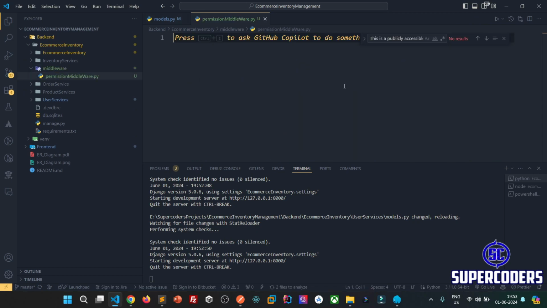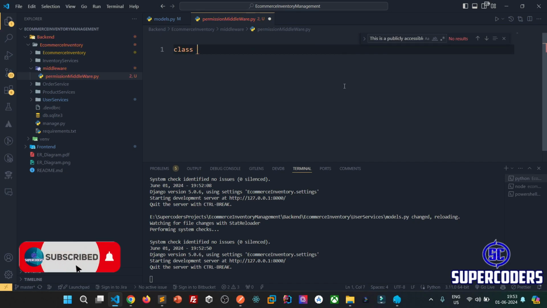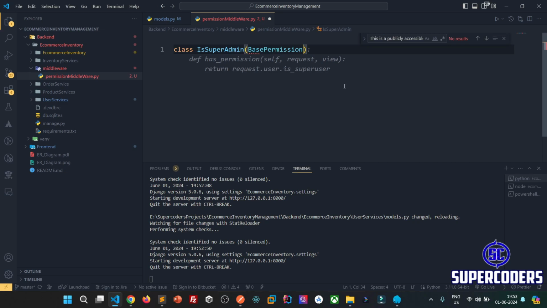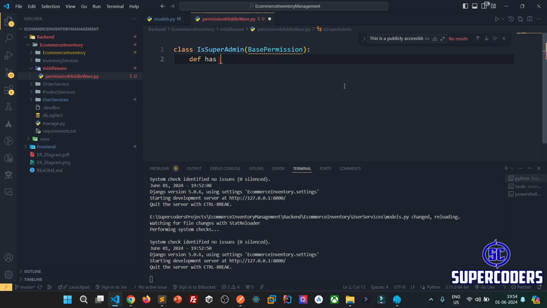And inside that I'm just creating the class IsSuperAdmin, adding BasePermission, and after that define has_permission, self, request, view,